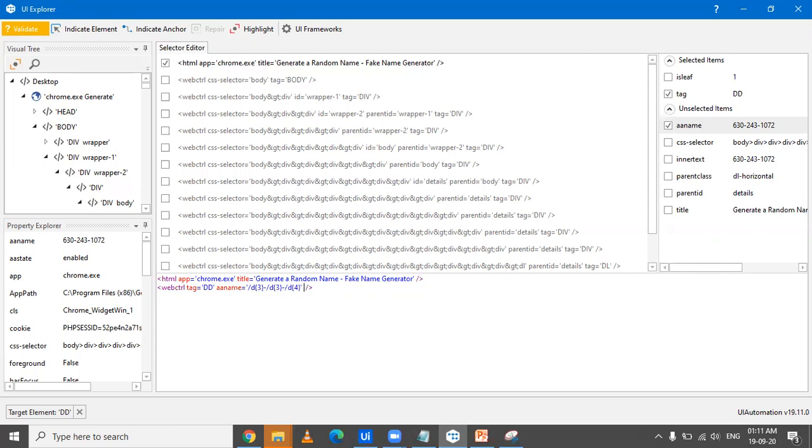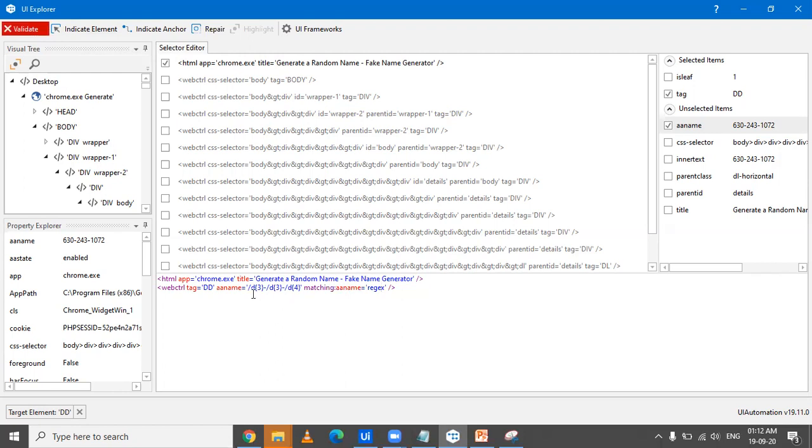Now we also have to tell it that this aaname should not be treated as a value. Instead, it's a regular expression. So how are you going to tell it? The same way we told that this is a fuzzy selector. We'll write matching, then colon, then title or attribute name, which is aaname. And then we tell that this is a regex. Okay, and now let's validate this.